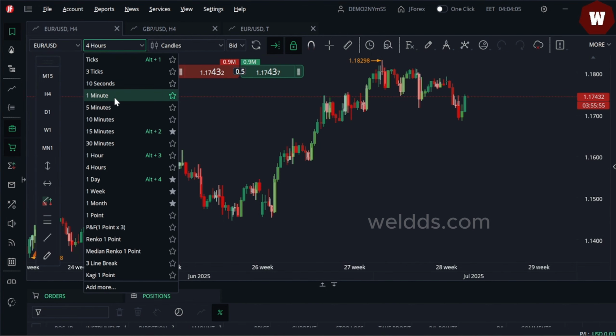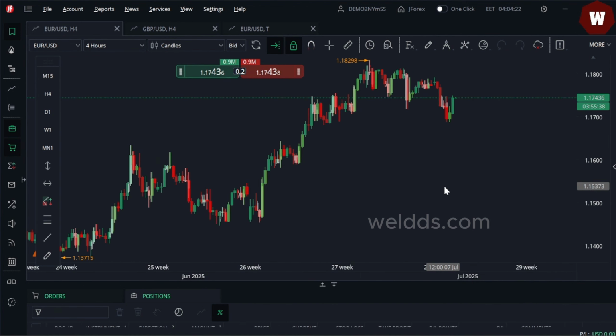If you look at the time frames here, you have 10 seconds, 1 minute, 5 minutes, 10 minutes, 15 minutes, 30 minutes, 1 hour, 4 hours, daily, weekly, monthly, completely free. And the good thing is that you can backtest to any number of years. Either way it is powerful. A lot of people know about JFOREX, but there are some hidden tools I want to